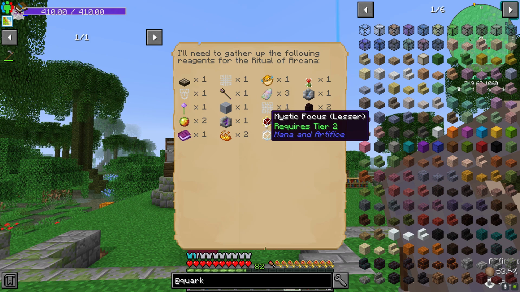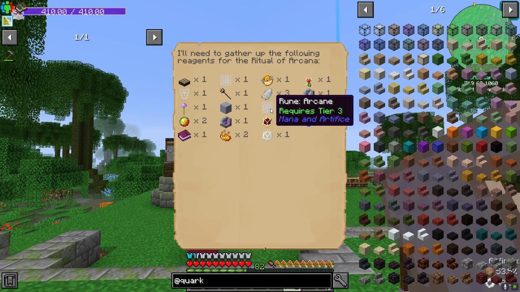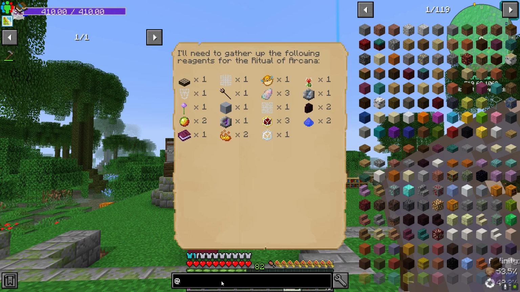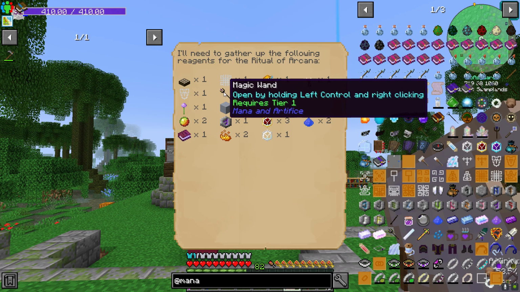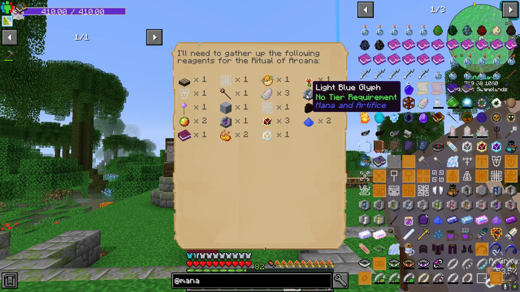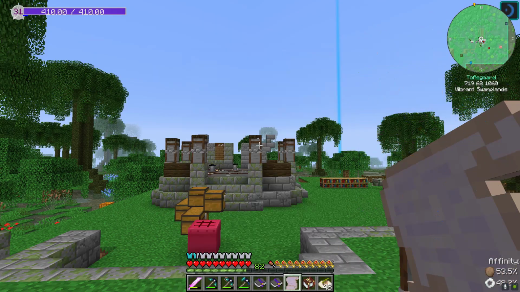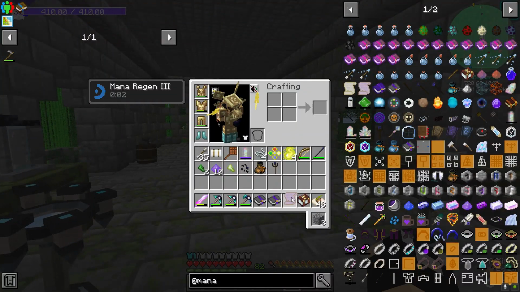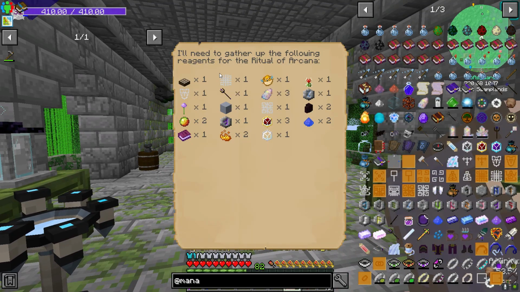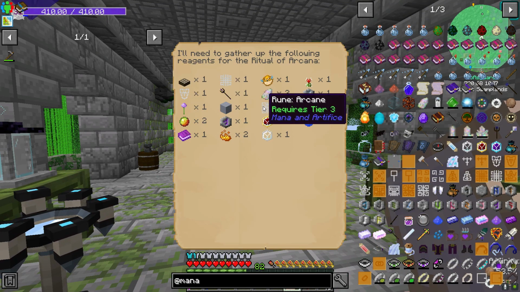Magma Cream, Purple Glyph. We've got a Rune of Arcane, a Rune of Water, a Rune of Defense. That's something we haven't talked about, though it is just rune crafting. So if we take a look at Mana and Artifice here. Also Magic Wand, some Chimerite, Desert Nova, Pufferfish, Daylight Detector, all that stuff is pretty straightforward. So I'm going to be getting that together, but we are going to need a Rune of Water, Defense, and